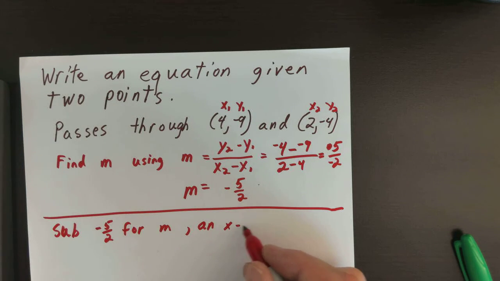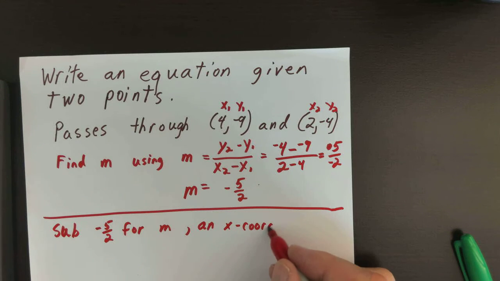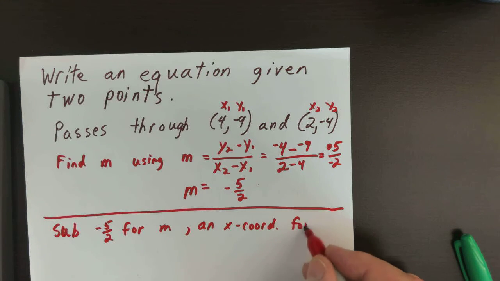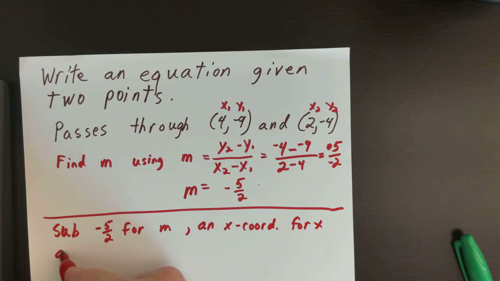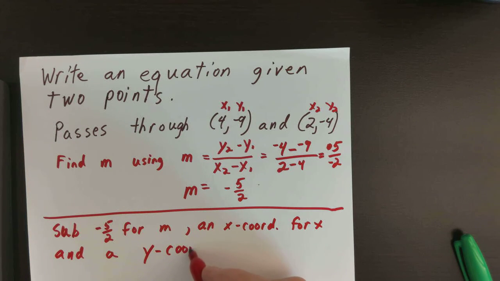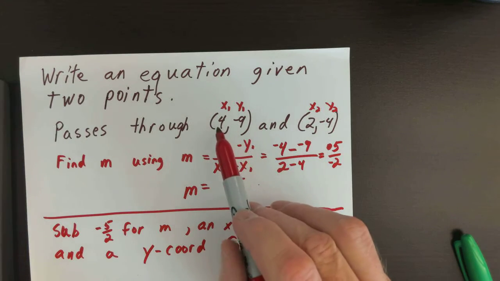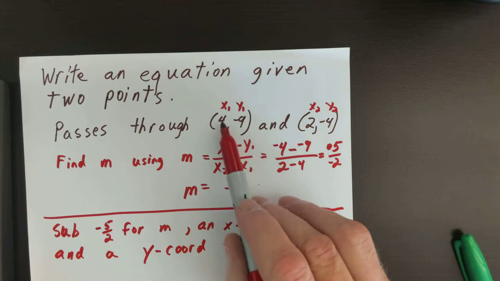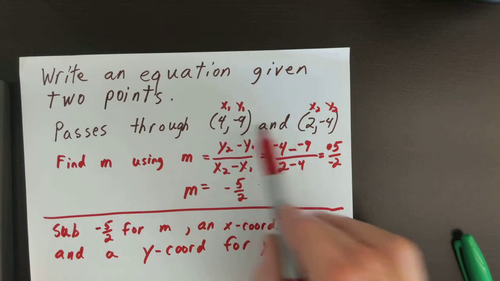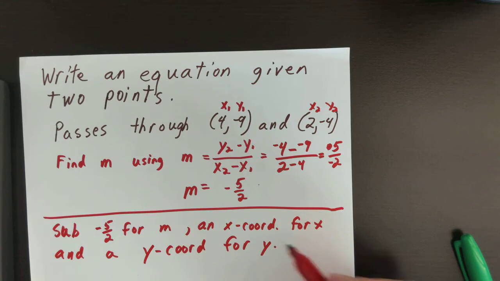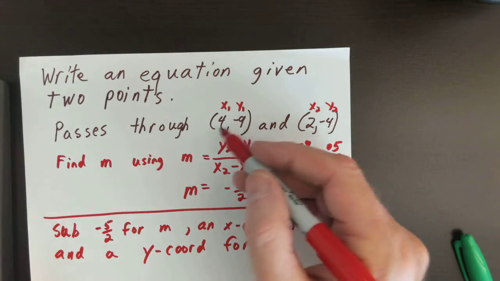An x coordinate for x and a y coordinate for y. Now I said an x coordinate and a y coordinate, and I did that specifically because we've got a choice, and either one will work. So if I use this first one,